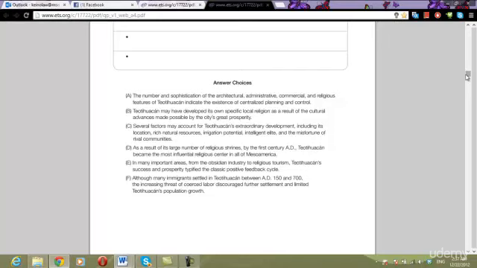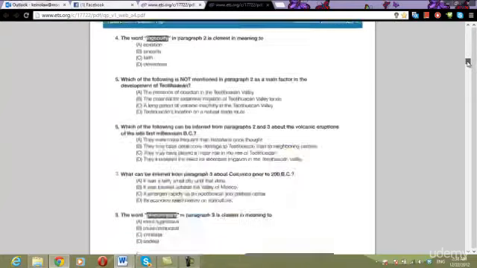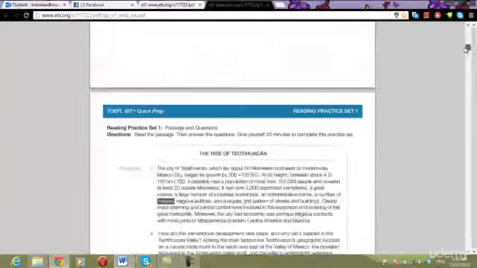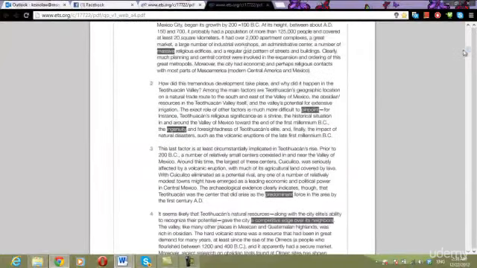So let's look at A. The number and sophistication of architectural, administrative, commercial, and religious features indicate the existence of centralized planning and control. This is the correct answer choice. It is a summary of paragraph 1. It mentions paragraph